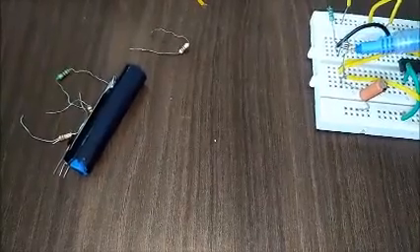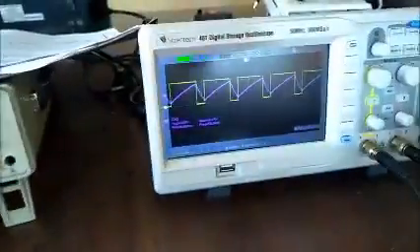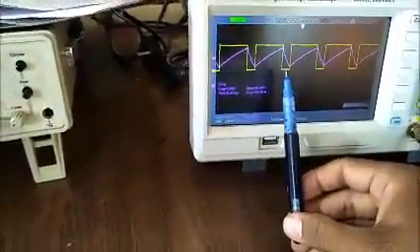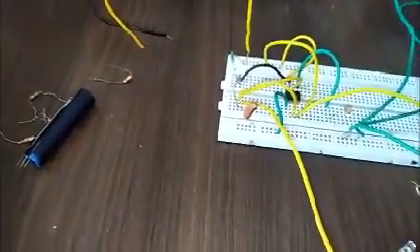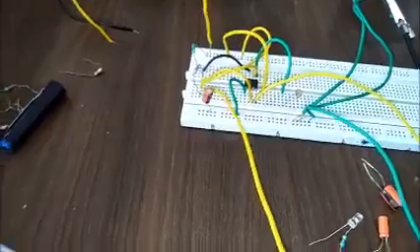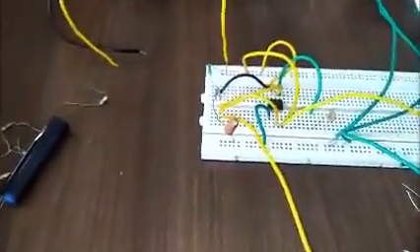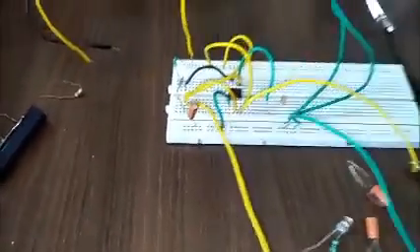You may also connect a diode across the RB resistance so that you will get a 50% duty cycle. Because of that it will generate the duty cycle. You have to measure the on period and off period, calculate the on period and off period, and tally them. This is our experiment which represents the operation of an IC 555 timer as an astable multivibrator. Thank you.